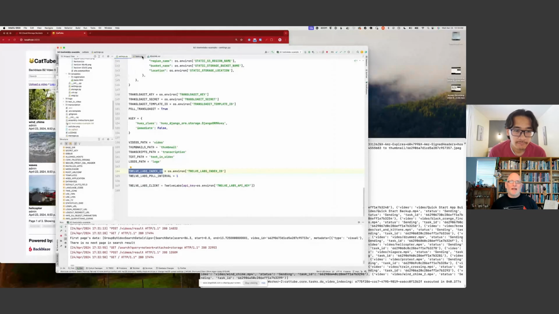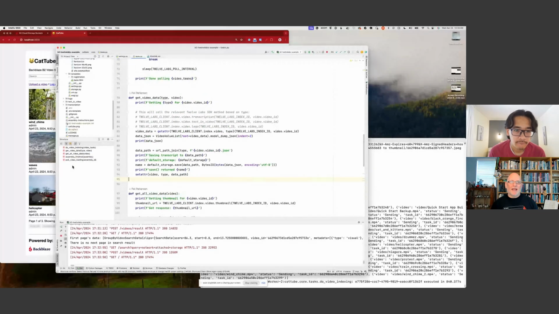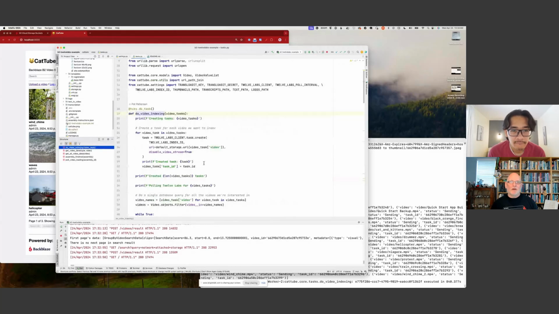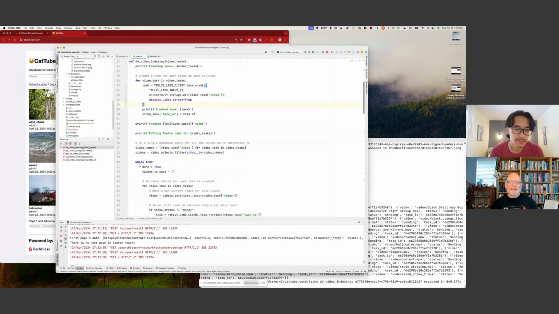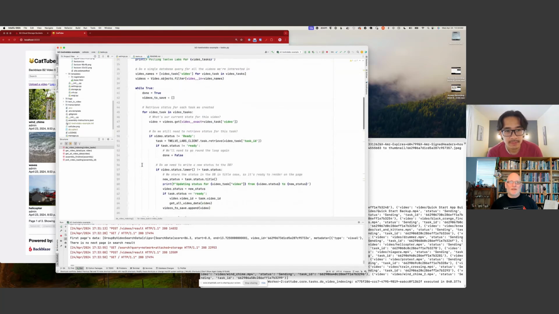Now if I start from where I am doing the video indexing, what I'm doing here is using this API client to create a task with that index ID. This is what wraps that video URL, makes it a pre-signed URL. And I'm telling 12 Labs that they don't need to stream the videos. In fact, I don't want them to stream the videos because I've got the videos here on Backblaze B2 under my control. And then there's quite a bit of logic here just to do things efficiently.